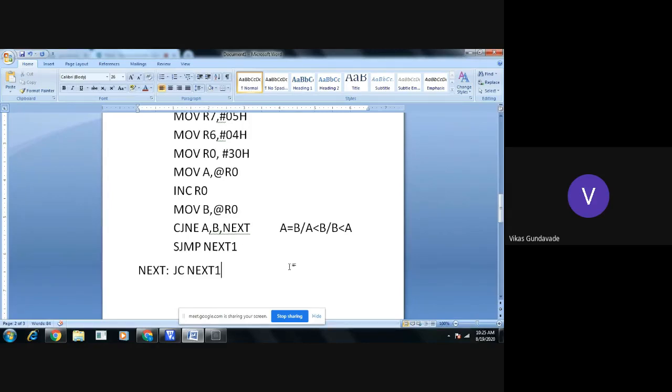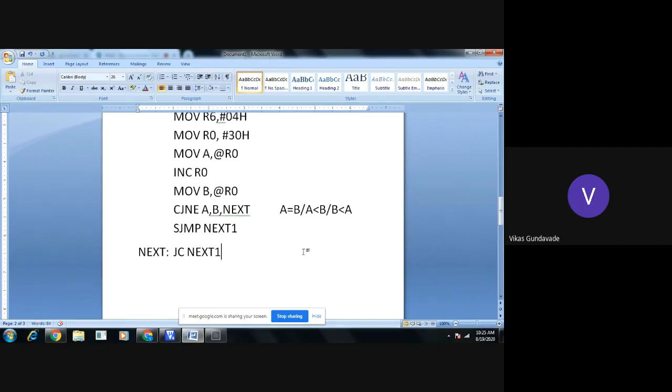Okay, but here actually what happens? If this is the condition, what does it mean? The accumulator is small. Okay, then and then only the carry will get generated. So the carry will get generated in this case if B is greater than accumulator. So when we subtract B from accumulator, we will get the carry. So in this case also, we need not require to make the modification. So simply we will require right here jump if carry to the next one.